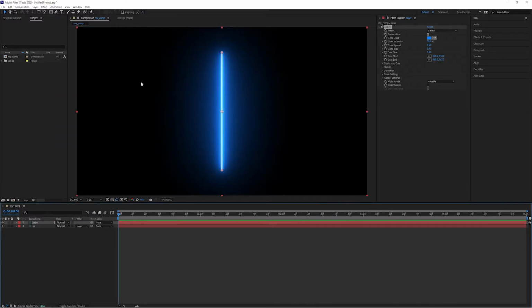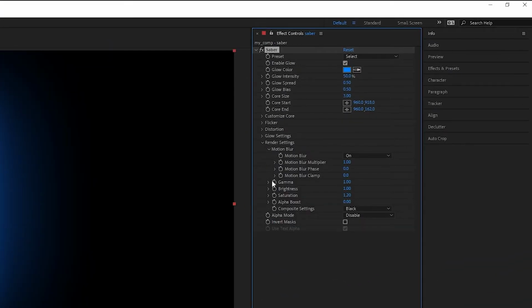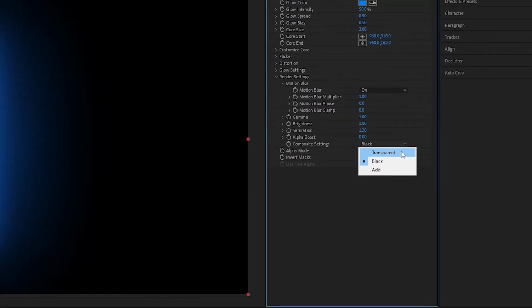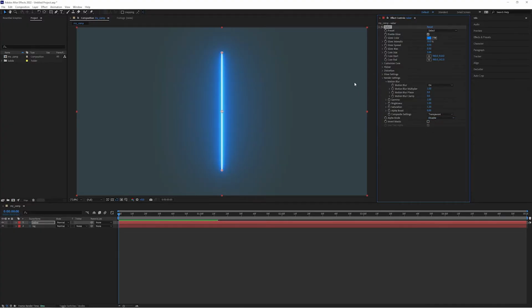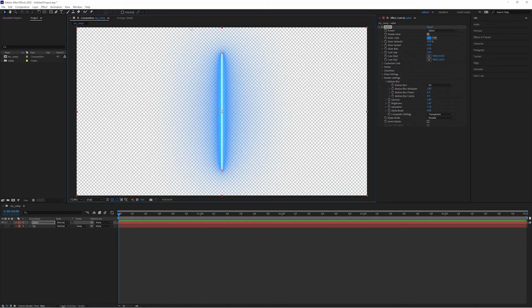normal. Now, we're going to come into the render settings and we're going to go down to composite settings. And you'll see by default, it's set to black. If we click on it, we can see we have two options: add, which is another blending mode, or transparent. Of course, transparent is what we want here, because if we enable this, it does let you see the layers below. And more importantly, if we turn off the background and enable transparency, you can see that the Saber effect